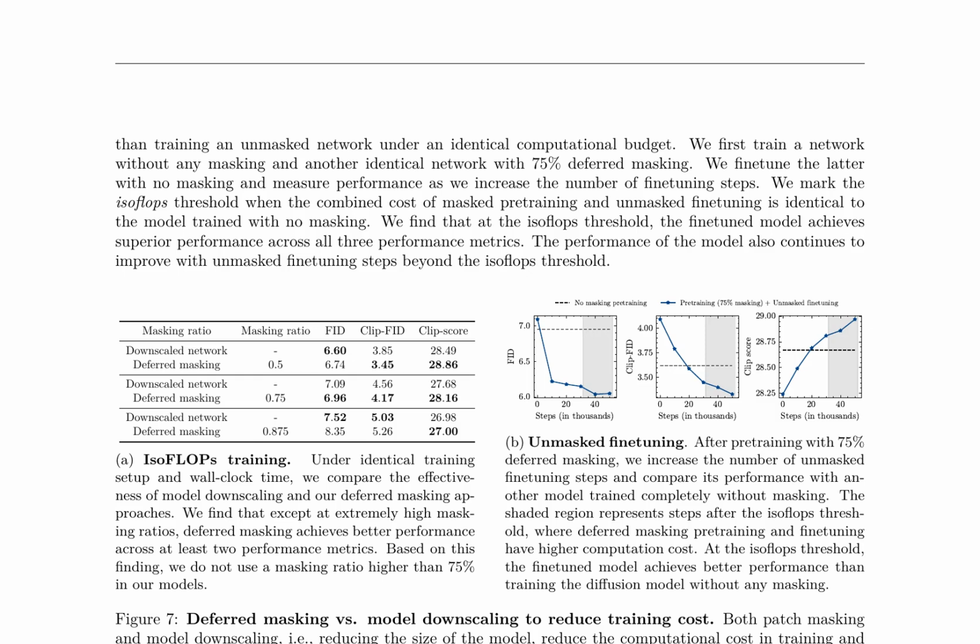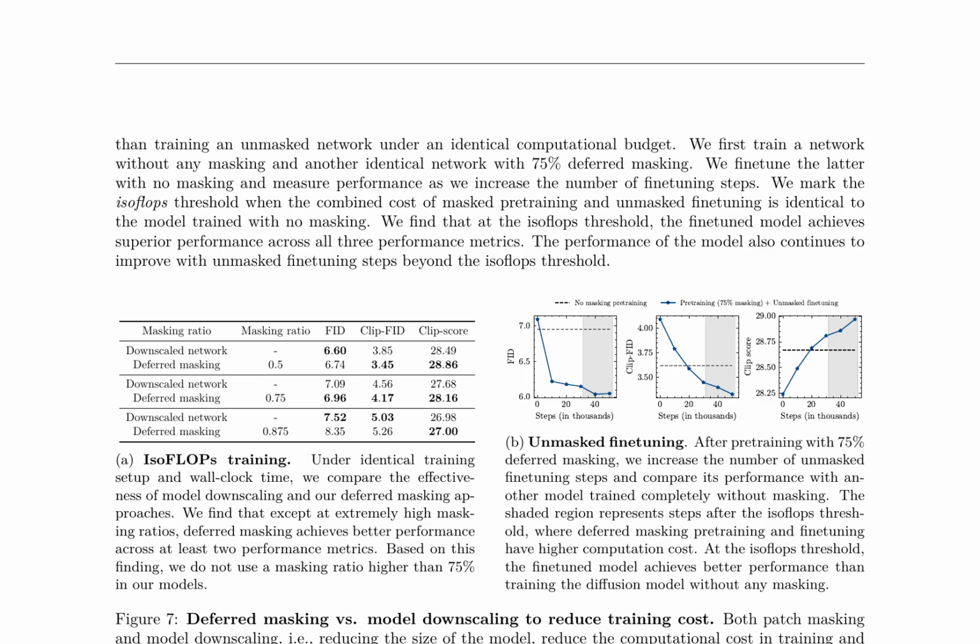In the realm of machine learning and artificial intelligence, researchers have been exploring novel approaches to enhance the efficiency and performance of diffusion transformer models. One such approach is deferred masking, which reduces the computational cost of training these models by masking a portion of the input image patches during pre-training. This method allows for a larger model size while maintaining an equivalent computational budget compared to training a smaller model